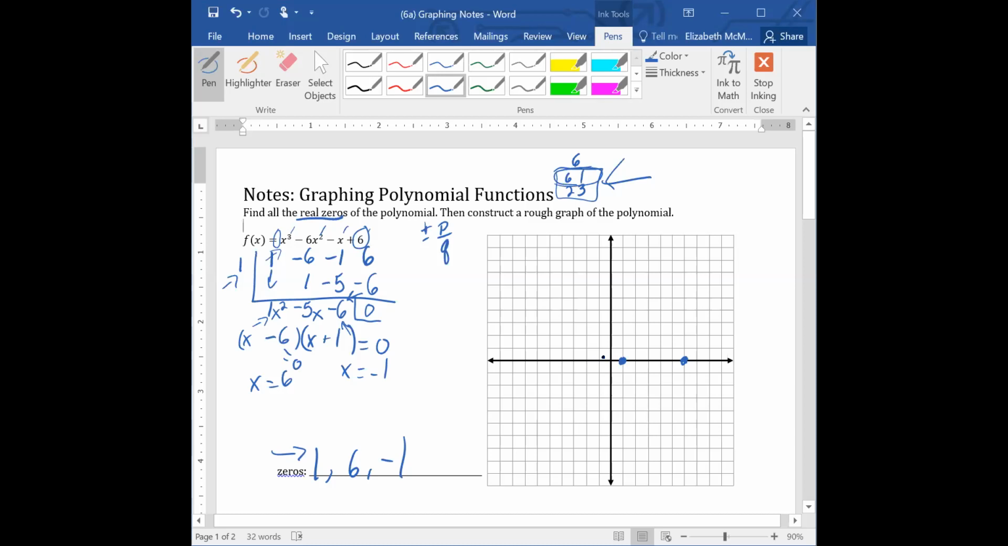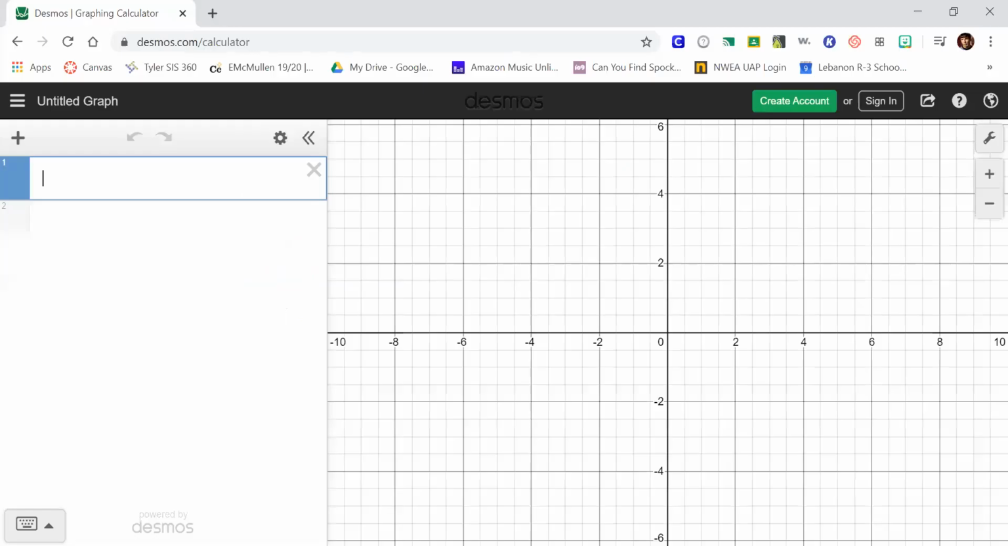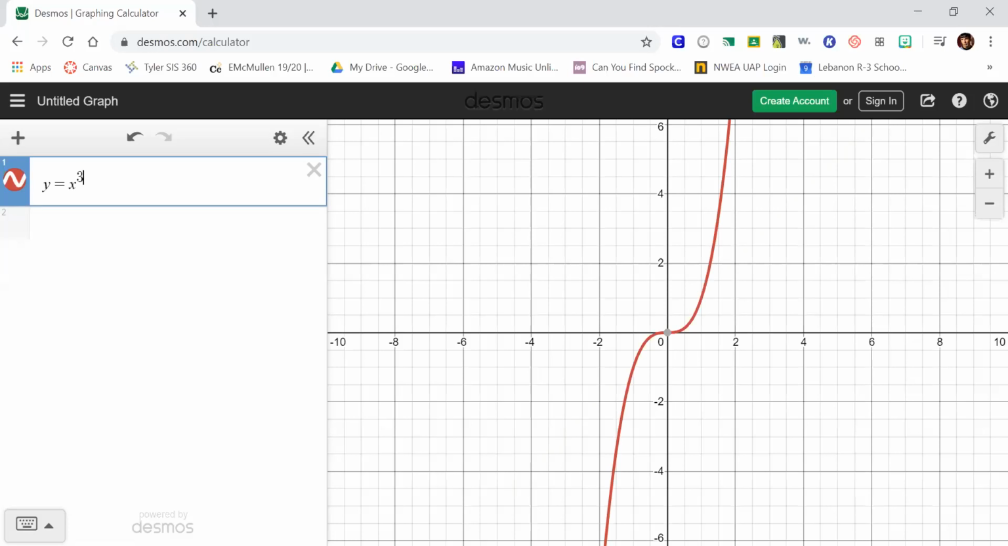All right, so now the question is how do we graph this? What does an x cubed graph look like? Any ideas? Well, let's pull up the notes here. Hopefully you'll be able to see that at this point. We're going to put in our equation here: y equals x cubed